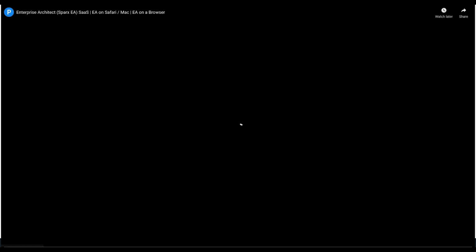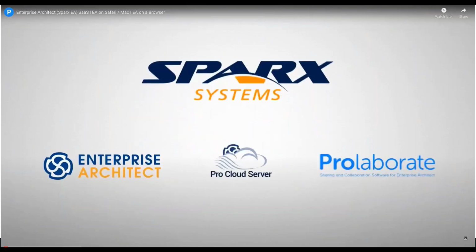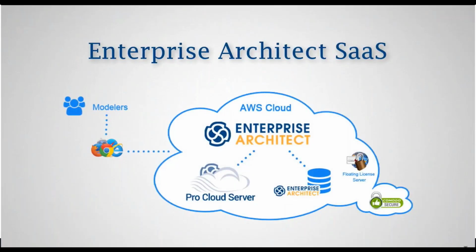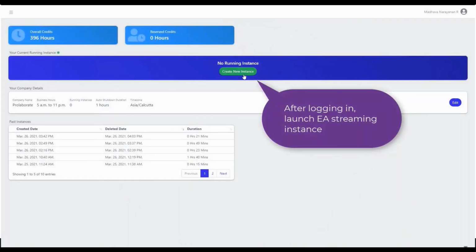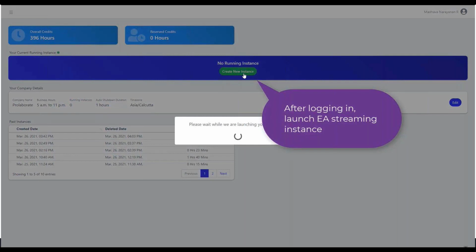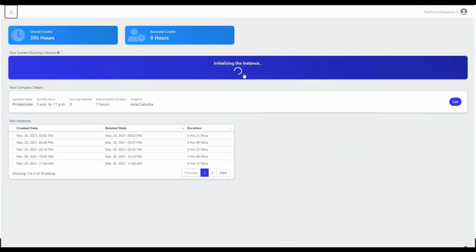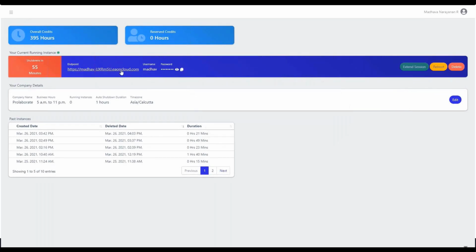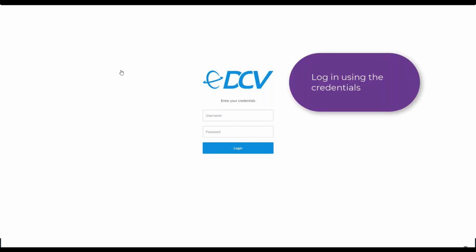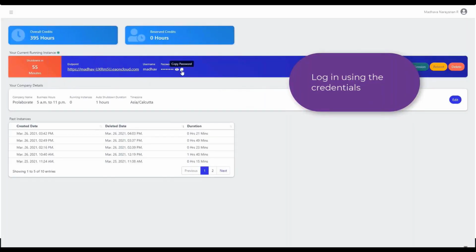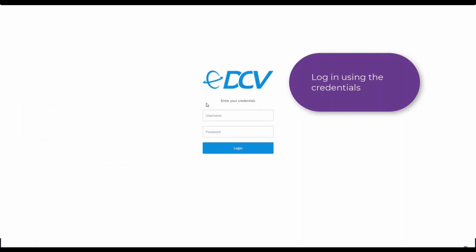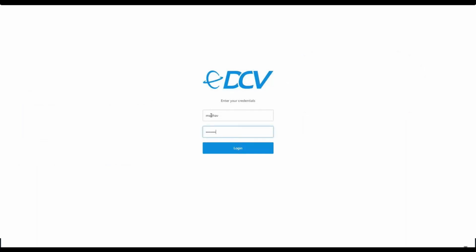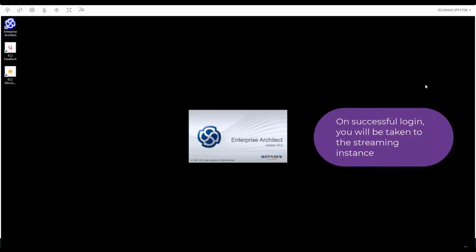So with that said, I would like to do a quick demo of what we expect when we say EA SaaS. This screen I purposely included to show that there is an optional admin utility that can be availed as well, to make sure you can control who gets access. You have a team locally, and vendors, clients, partners, and you can manage who gets access to this cloud platform. From there, it's just about clicking a link and logging in using some credentials